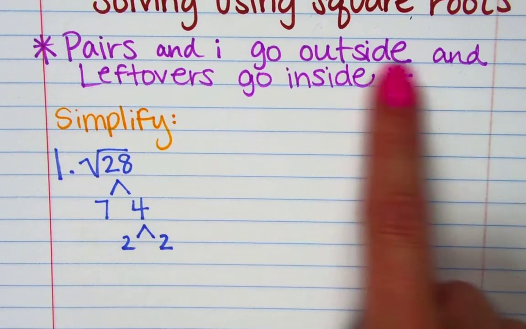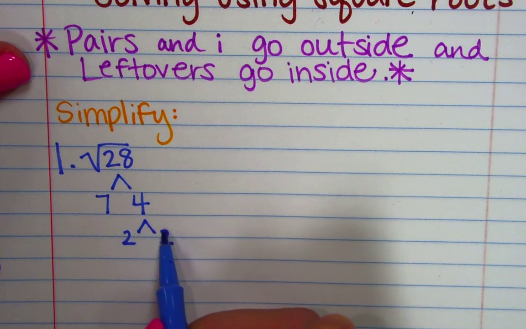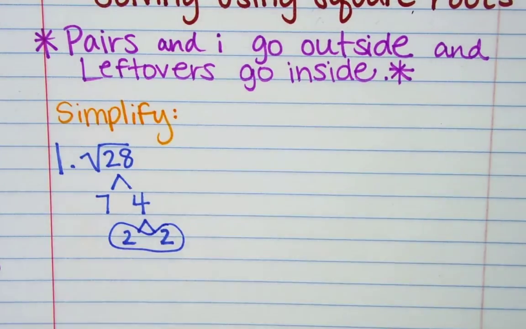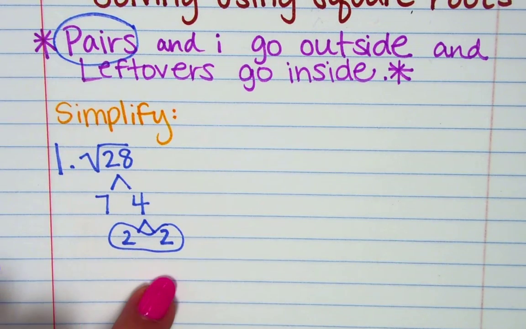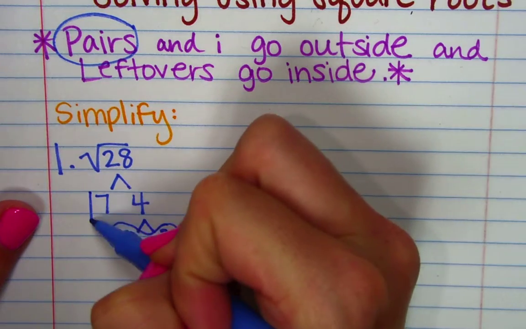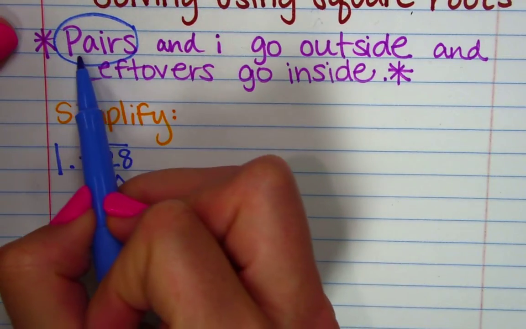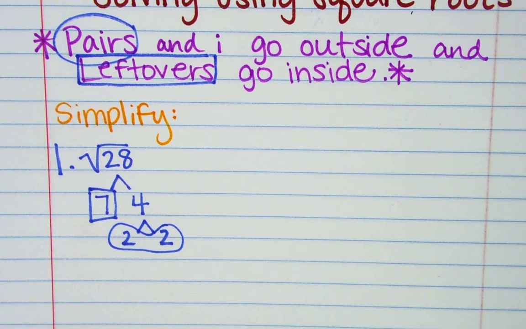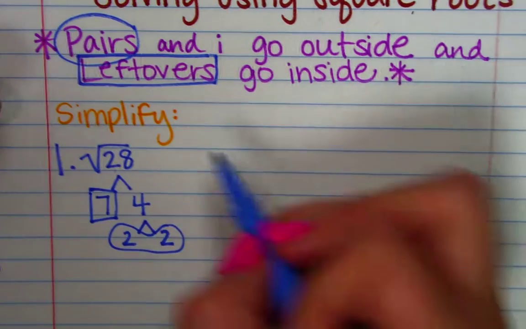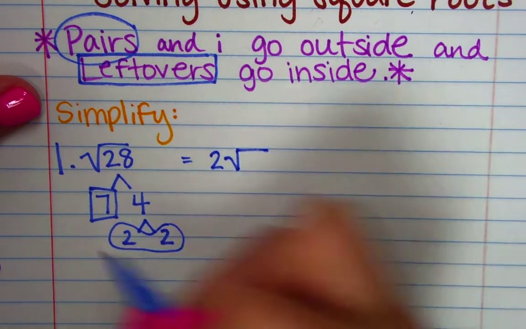Then we'll go back to this rule that I said at the top. Pairs go outside. Well, we have on the ends of our branches a pair of 2s. I show my pairs by circling them. That's a little symbol that I use. I'm going to circle my pairs, and I'm going to box my leftovers. Other teachers might do it differently. So I put my leftovers in a box and my pairs in a circle. And now our answer: we have a pair of 2s, so 2 goes outside, then we still have our doghouse, our radical sign, and the 7 goes